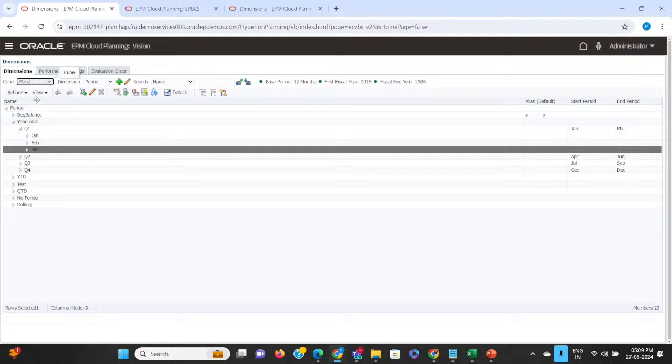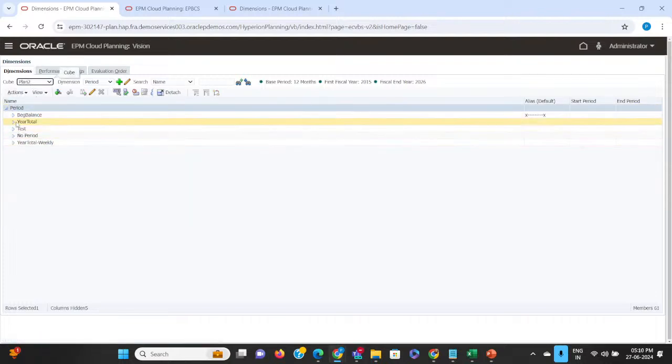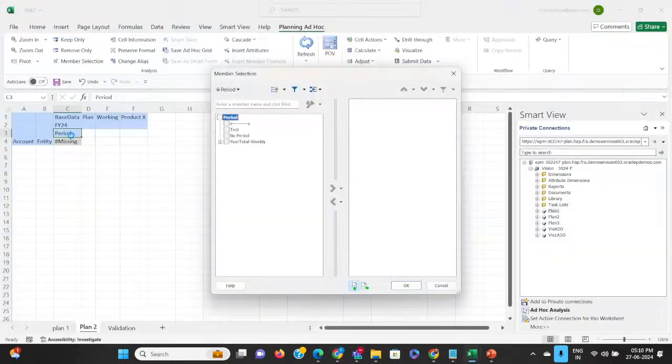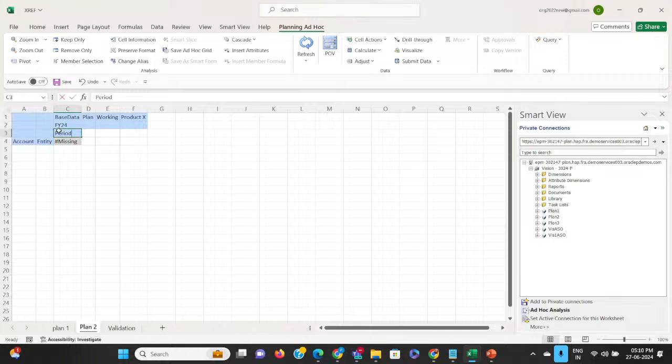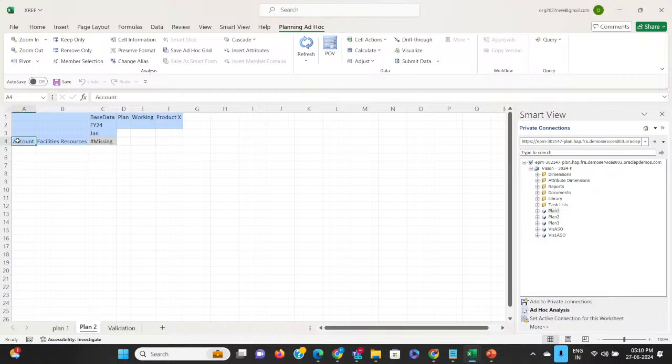now we'll see Plan 2 here. Now your total is visible right here, right? So let's take January here. Now it will take. Similarly, entity 1110, I hope it takes. Okay, now account,